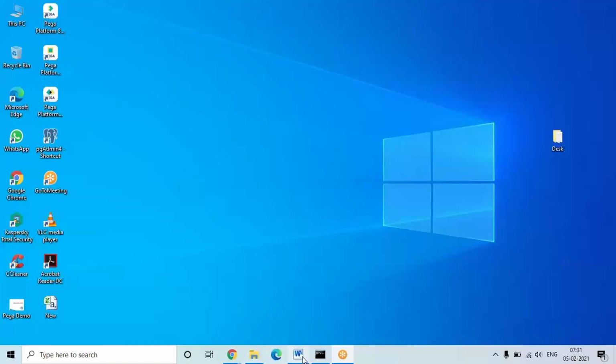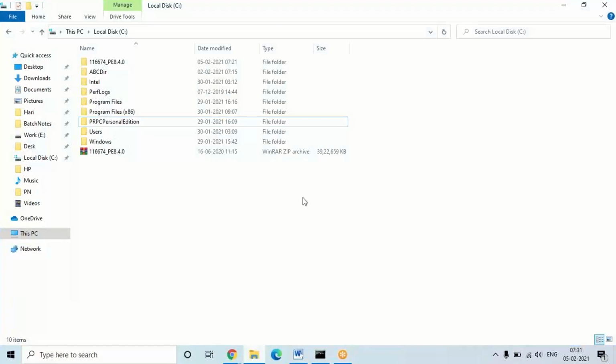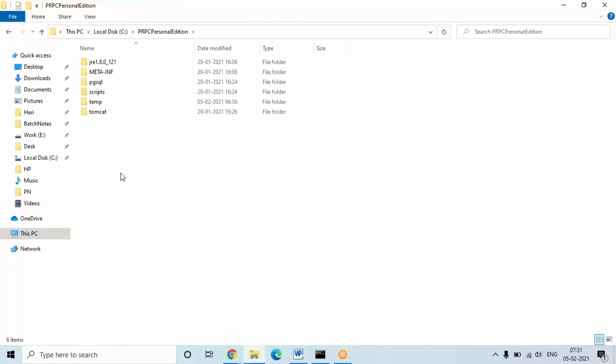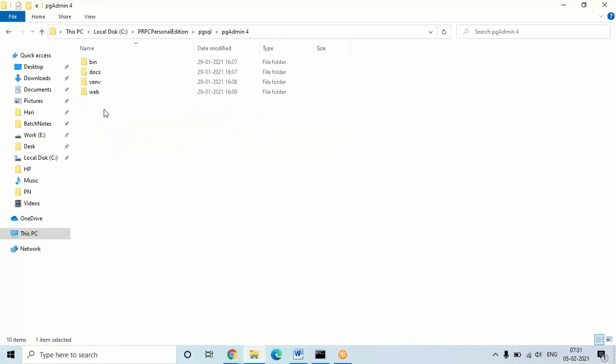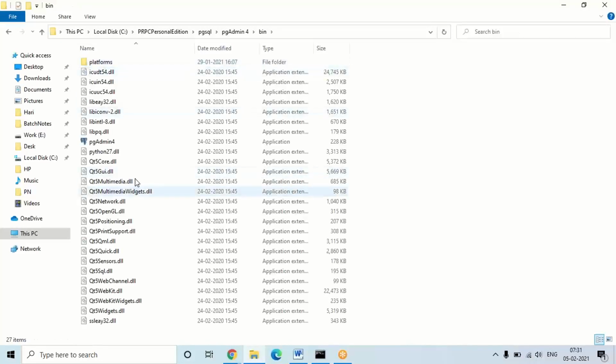After your installation, go to the PRPC personalization folder created in your drive. Open that and go to the path I'm showing. Go to PJScale. Under this you'll have a folder pgadmin4, under that a folder called bin, and under that you can find a file called pgadmin4.